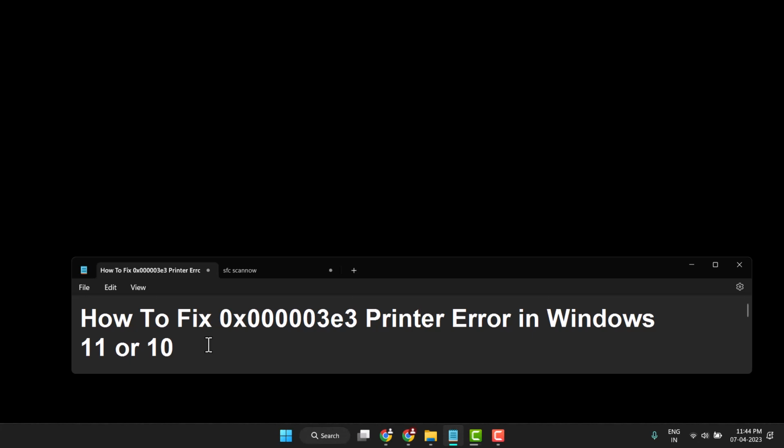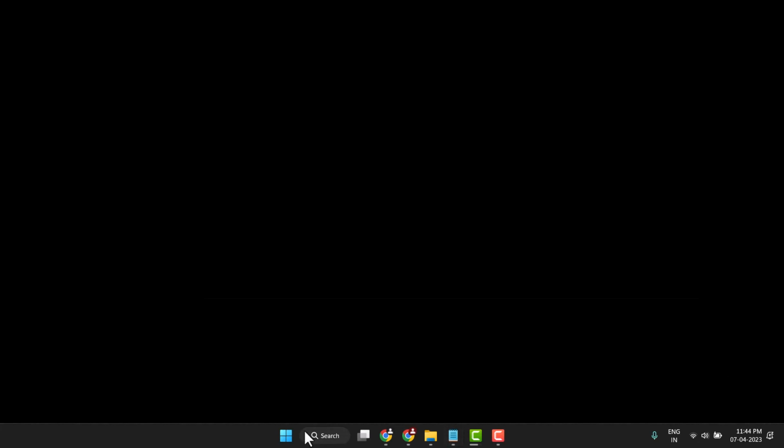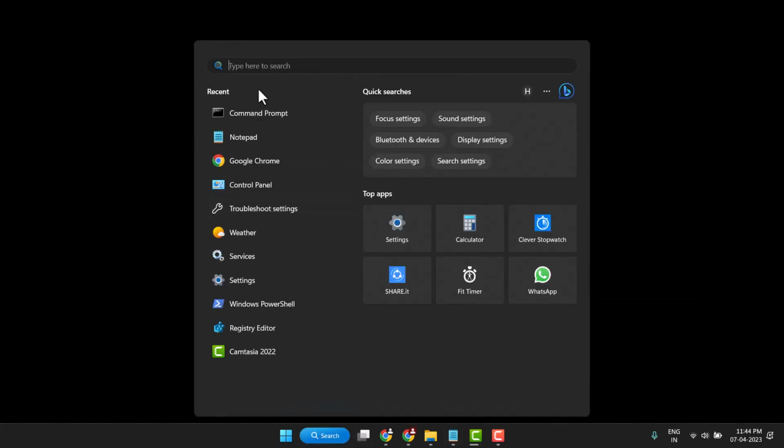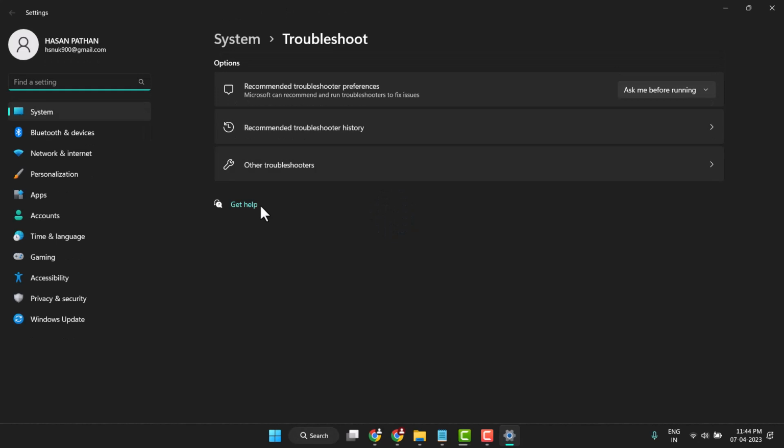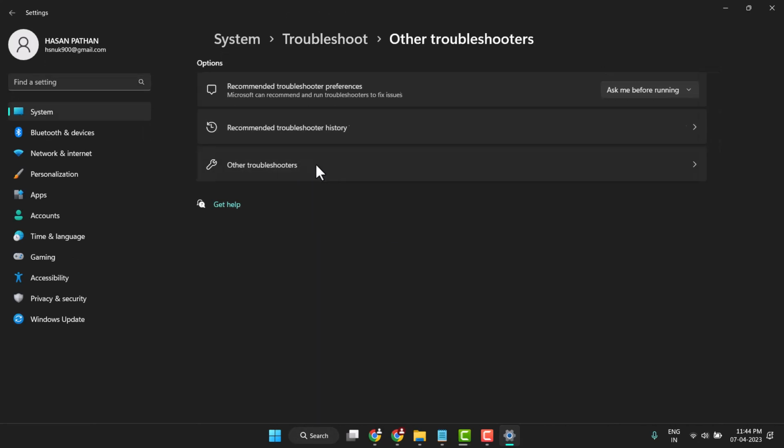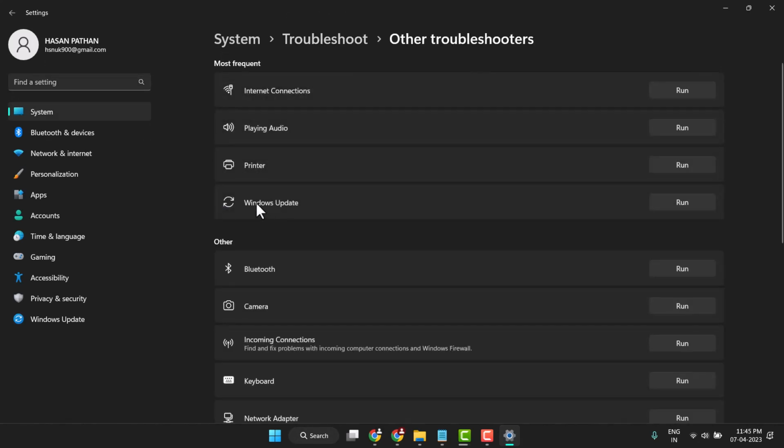So firstly, you need to type troubleshoot settings here in search and open it. Other troubleshooters, just click on it. Now in Windows Update, on the upper side is Printer, so click on Run